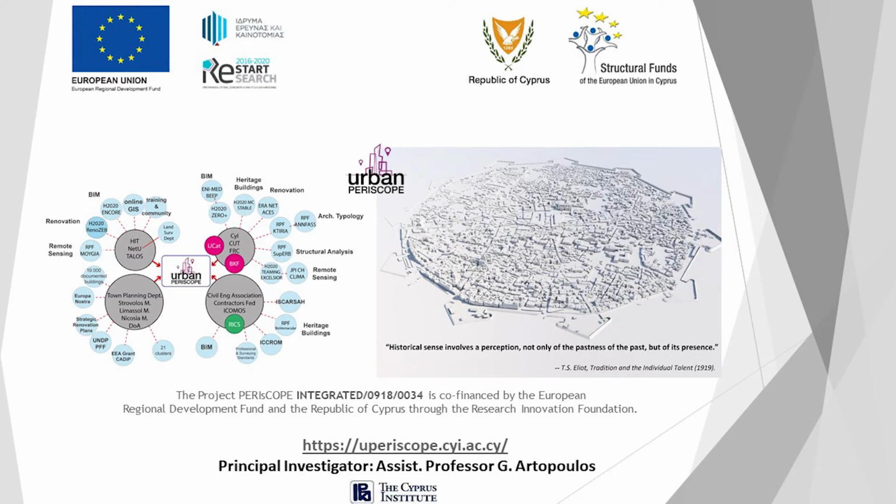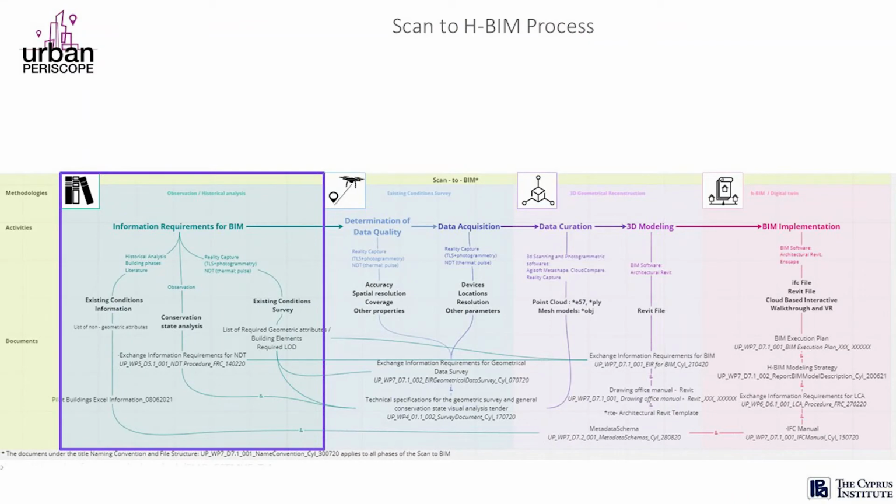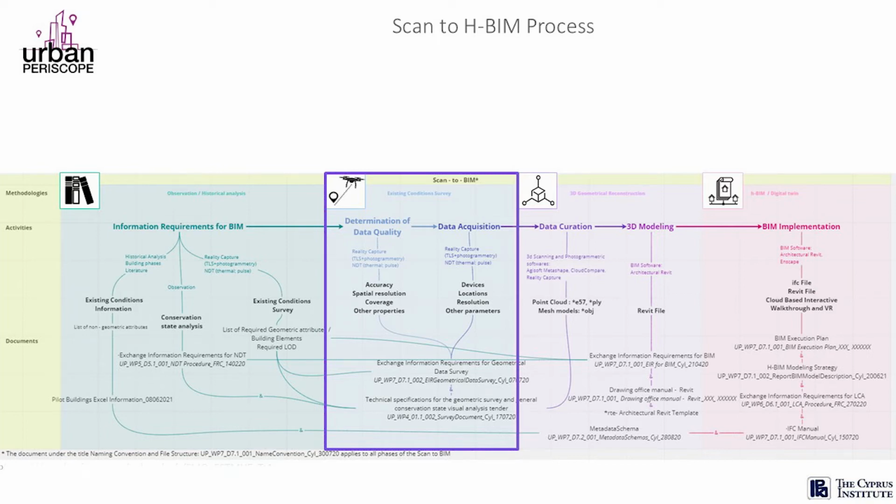And of course, this is a very difficult challenge to achieve, and it can only happen if one comes up with the right workflows and pipelines for the management of the data. And this is what we are trying to build here through this tripartite process that you see on your screen, that combines the development of methodologies and workflows with specific activities and the documents that are supporting these activities,